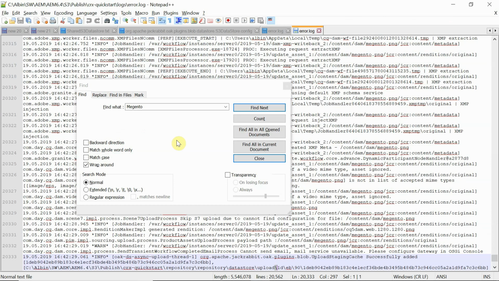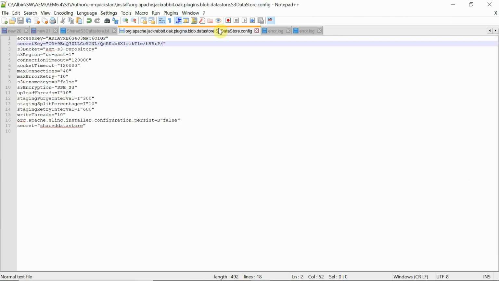The only thing to keep in mind is that this configuration is going to be the same, so we need to keep the same setup in a new publisher instance with the same shared data store value, and obviously the access key, secret key and all those values are going to be the same.